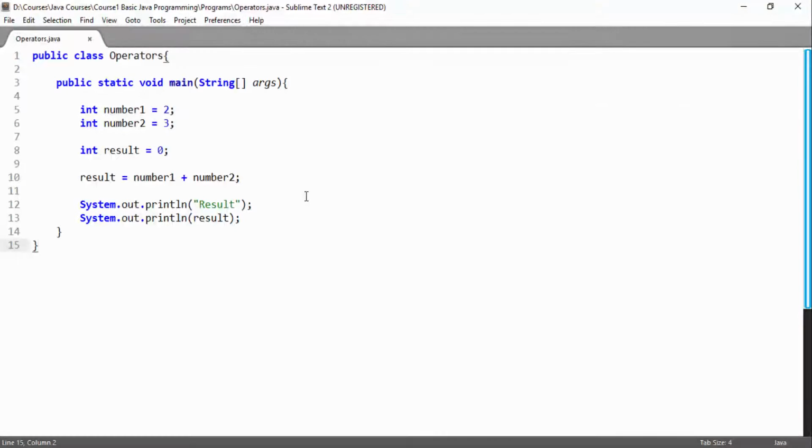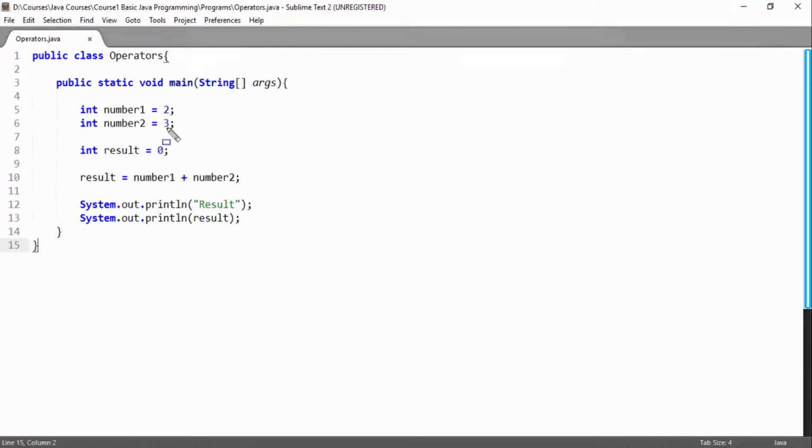Hello friends, we have learned about variables and operators, so we can do different operations on variables. But if we have multiple operators in an expression, then what could be the result and how should we use those operators in our expression? We will talk about this. First we will talk about the problem and then we will see the solution.